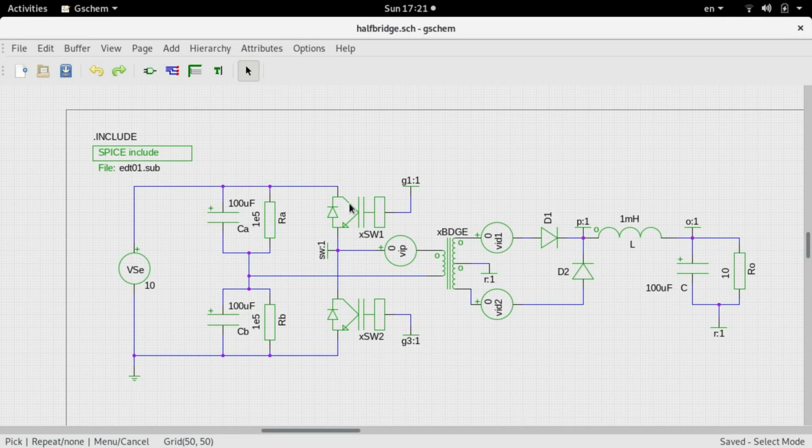So you see that when the switch SW1 is on, you have the current flow in this fashion into the dot, and when the switch SW2 is on, you have the current flow into the non-dot end, coming out of the dot and into the ground. So you have current flow in both directions, and it is basically a reflected inductor current onto the primary.